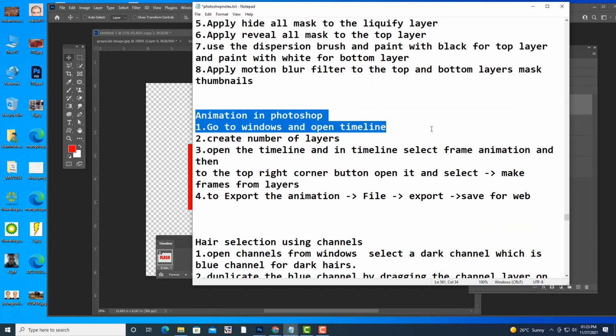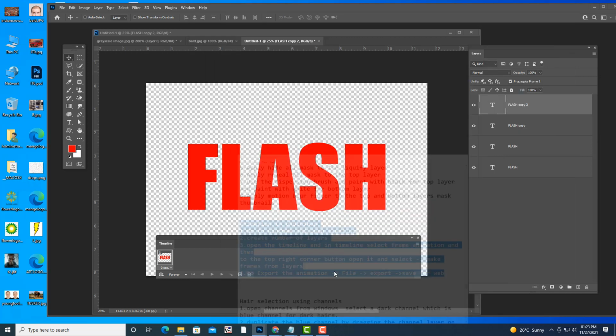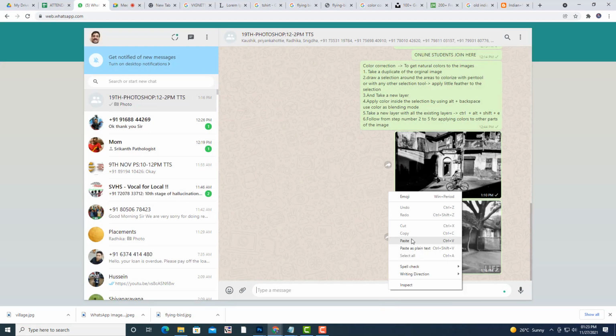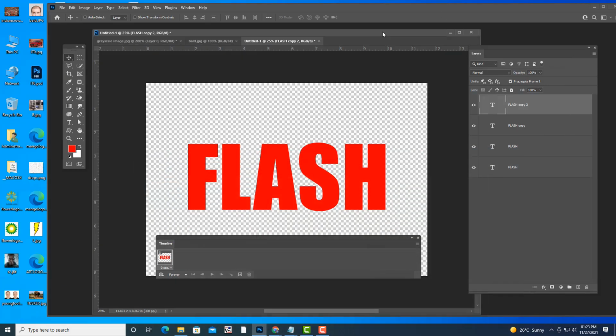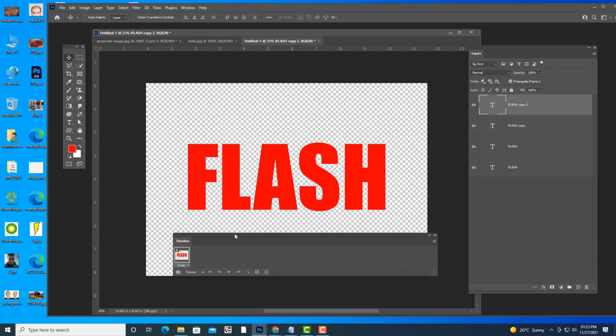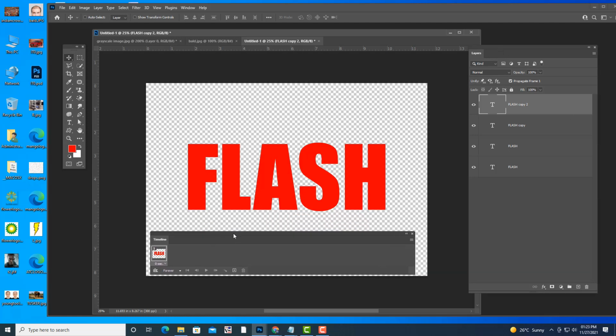I have created notes for this. So now, what I'm going to do is convert these 4 layers to 4 frames.